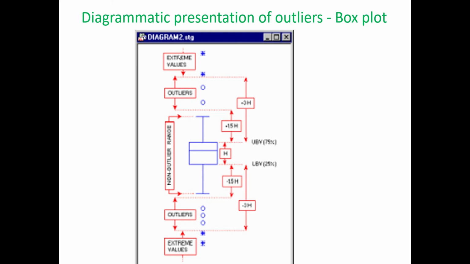Outliers, extreme values. The same thing is extreme values. We are showing this is the outlier, and these are our values. This is our outlier range. This data we are presenting in terms of the median minus 1.5 and plus 1.5 IQR. So that's how we can present the outliers in the form of a box plot. Now you can explain why we are removing this data.